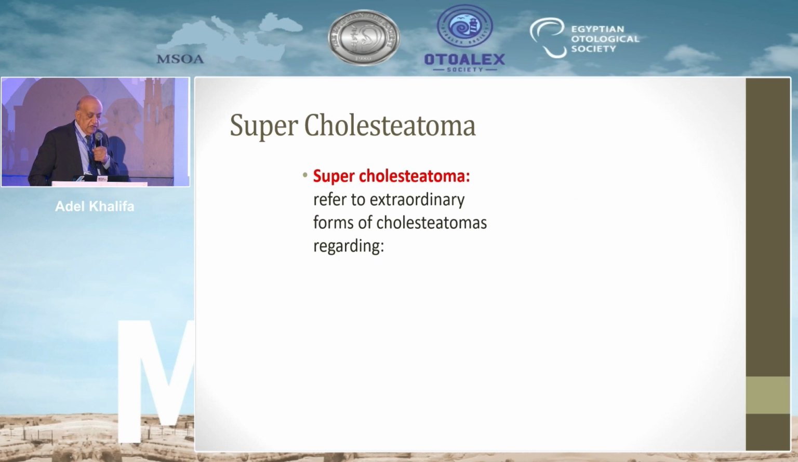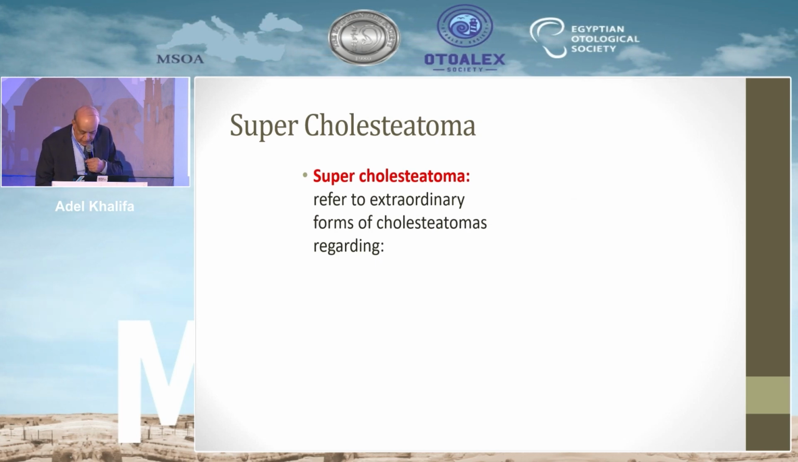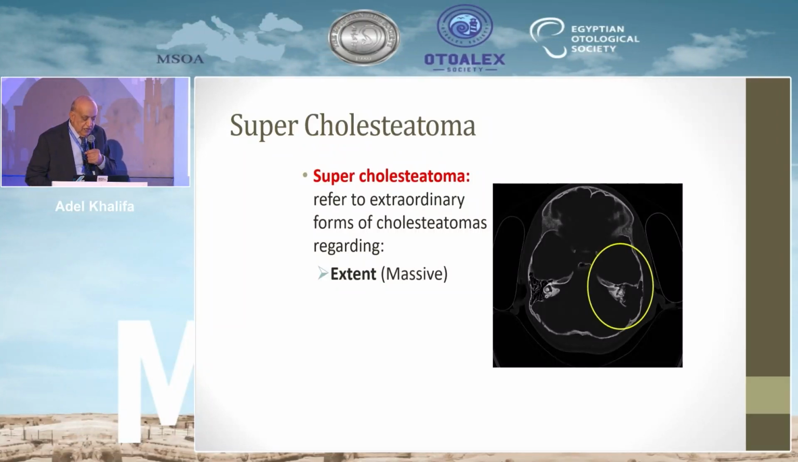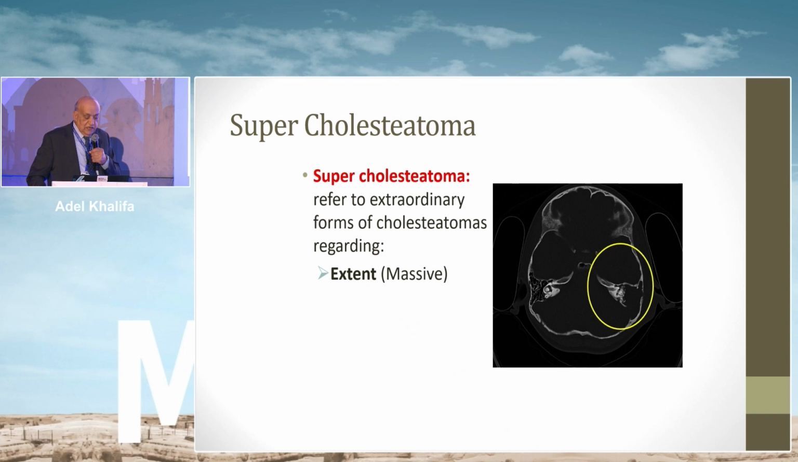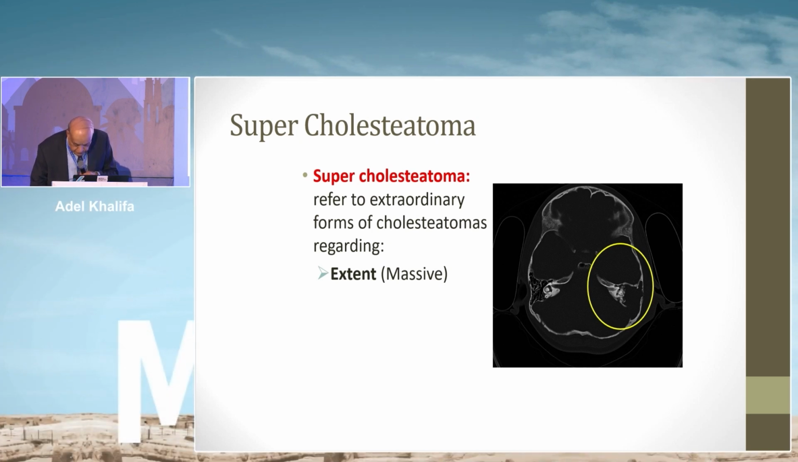Super cholesteatoma refers to extraordinary forms of cholesteatoma regarding site or extent. It may be massive cholesteatoma. The CT scan shows erosion of the posterior tegmen and the lateral semicircular canal. The other types